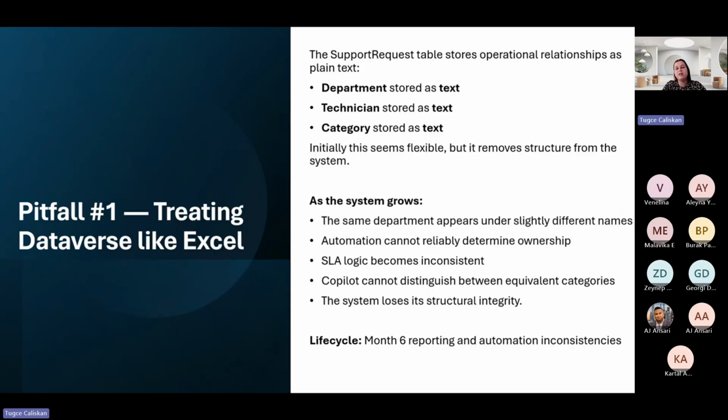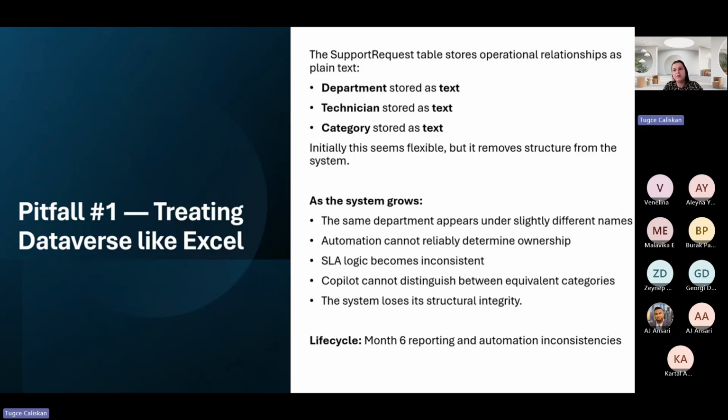One of the things that has been approached in data is that a system is database and data origin, right? So we need to make sure that we store this data properly. But there would be a system where some of the very relational data is being considered as text. You can see some examples here: department, technician, category for such a support request table. I would assume these would be relevant examples. At the beginning, storing this data as text feels simple. There is no issue, right? The text doesn't create real relationships. It's just text, no structure behind.